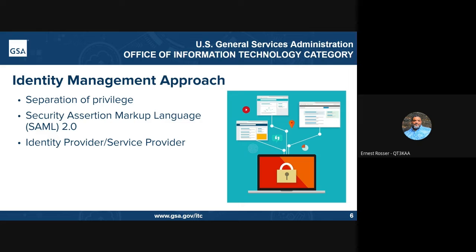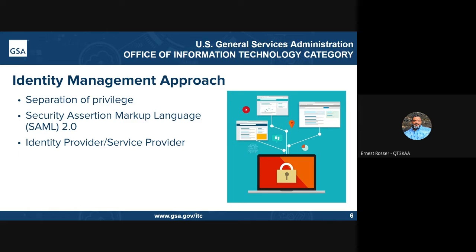Separation of privilege refers to the principle that no users should be given enough privileges to misuse the system on their own. This is not the same as separation of duties, which requires the splitting of tasks among employees to reduce the chance of one employee committing a security violation or causing harm to the agency. Separation of privilege can be implemented in a number of ways. Some of those are separating various administrative account functions from each other, separating administrative and standard account capabilities, and separating auditing and logging capabilities within each user account.